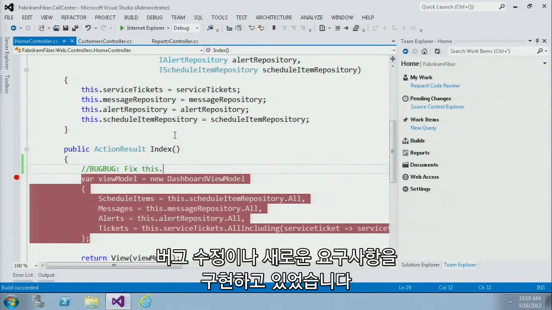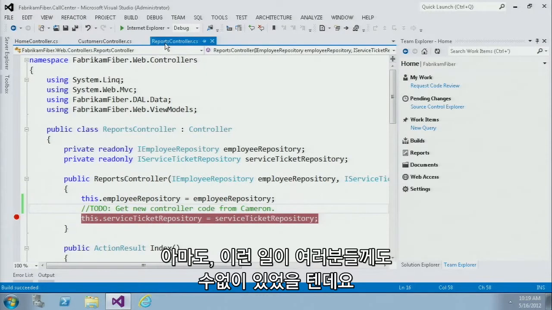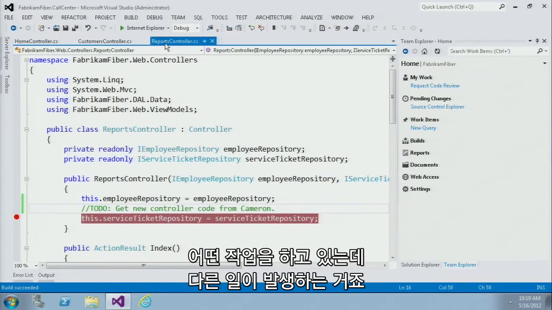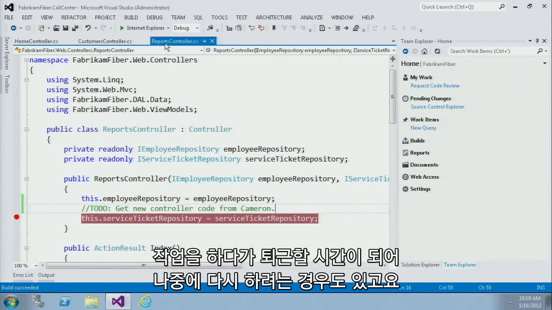So if I start by opening up Visual Studio, you'll see that I'm currently in the middle of doing some work. Maybe I'm implementing a bug fix or implementing a new requirement. And I'm sure we've all had this happen to us a million times where I'm in the middle of working on something and then something else comes up. Maybe it's a high priority bug or requirement that my manager wants me to go work on. Or maybe I just need to go home for the day and make sure that I can resume my work